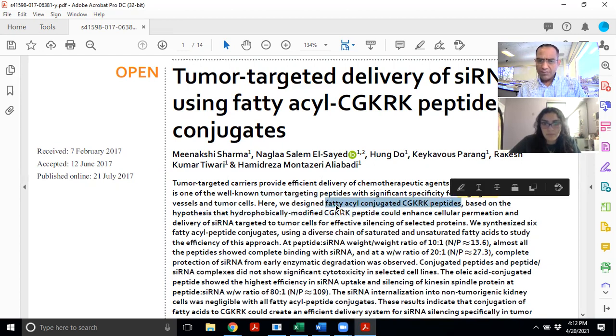Now do you understand the meaning of fatty acyl conjugated CGKRK peptide, or you don't understand? If you don't understand, tell me frankly. No worries. I'm not sure. Okay, not sure. Do you know what is CGKRK peptide? Yeah, it's the cysteine, glycine, and so on, so it's five amino acids. Okay, so when we say fatty acyl, it means that there is a fatty acid attached with